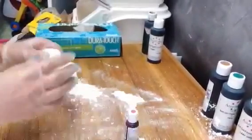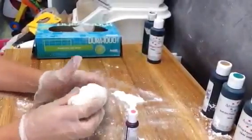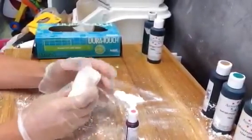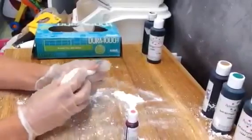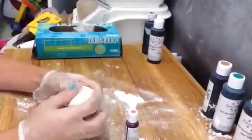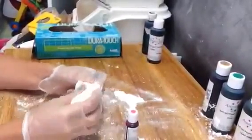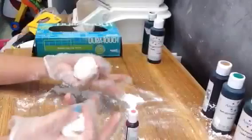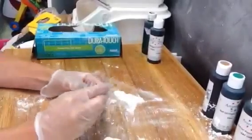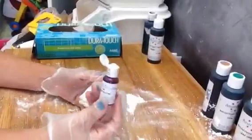So when I make purple, I think about the undertone of purple that I'm trying to create. Do I want a bluish purple, like a blueberry, which is more of a blue undertone, or do you want to have more of a pinkish purple, like a vibrant pinkish purple? So I'm going to show you two different types of purple. First one we want to make is a very bright pinkish purple. So I'm going to start with electric pink,